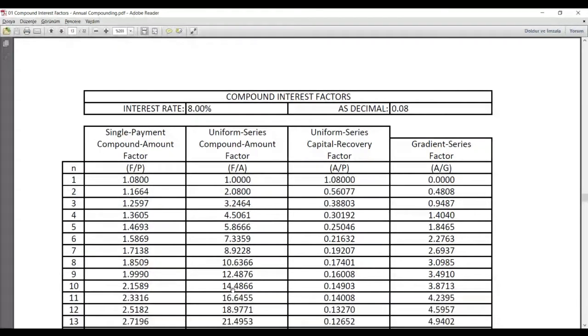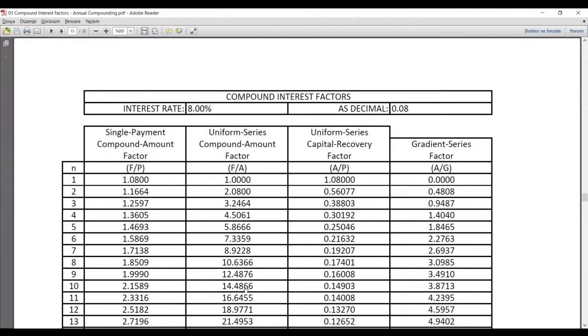We would like to calculate 14.4866. So you can do it like this. You can decompose these 10 years into two parts, for example, 6 plus 4. For the last 6 years, you can choose F over A 7.3358, and you can sum that value with the single payment compound amount factors for the 6, 7, 8, and 9 years. So basically, what I'm trying to say is I sum 7.33 here, and 1.58, 1.71, 1.85, and 1.99 here